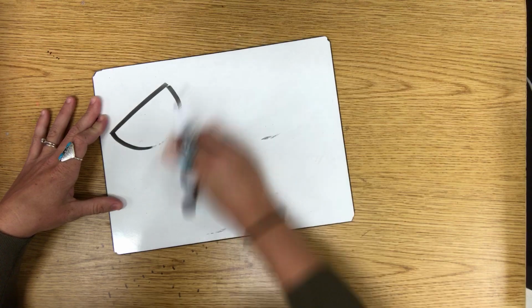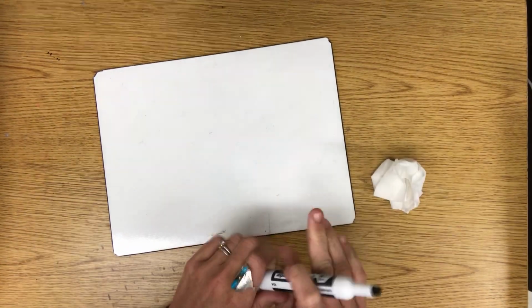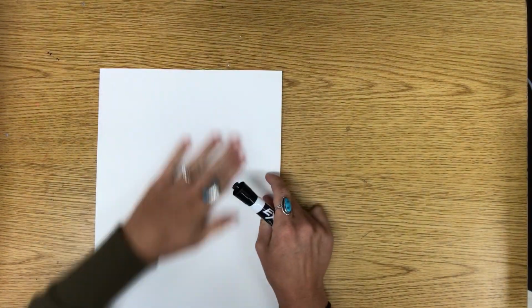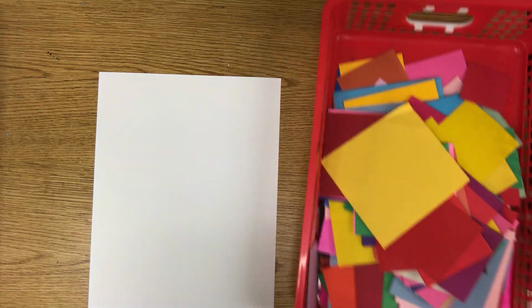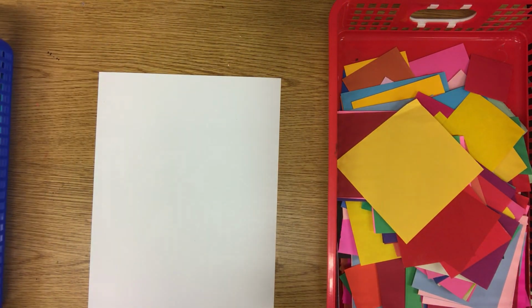All right, so let's go ahead and get started. You need your scissors, your glue, your variety of colored construction paper, and a sheet of paper as your foundation where you will be gluing your organic shapes on. Now, I already have some cut little sheets of paper, so I'm just going to use those, but I also have some big sheets. And all I'm going to do